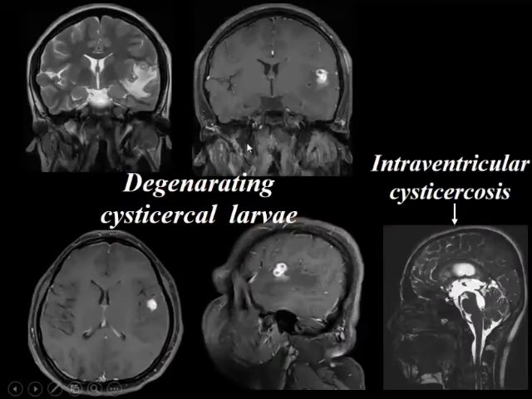Now infections. This is classical neurocysticercosis. You see small ring enhancing lesions post-gadolinium. But this was interesting. There was a small cyst at the outlet of the fourth ventricle blocking the foramen of Magendie. So you have the foramen of Magendie in the midline. This is blocking the foramen of Magendie. In fact, you can see a small scolex inside. You see a black dot, that is the scolex, and there is hydrocephalus because of the obstruction. So this is an intraventricular cysticercosis. This is neuroparenchymal cysticercosis.